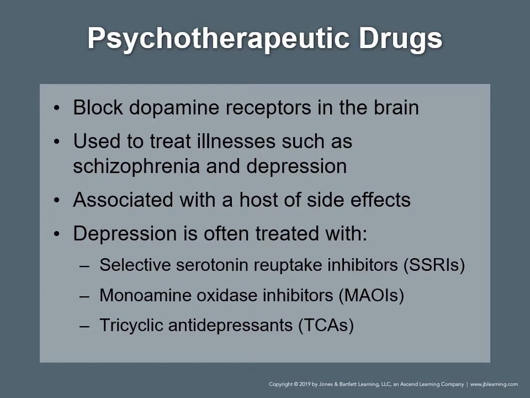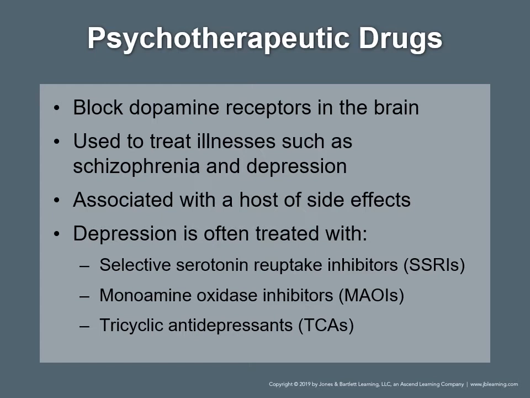Psychotherapeutic drugs work by blocking dopamine receptors in the brain. They are used to treat illnesses such as schizophrenia and depression. They are associated with a host of side effects. Extrapyramidal symptoms include involuntary movements, tremors, rigidity, muscle contractions, restlessness, and changes in breathing and the heart rate, orthostatic hypotension,